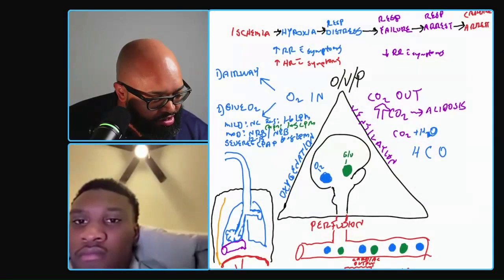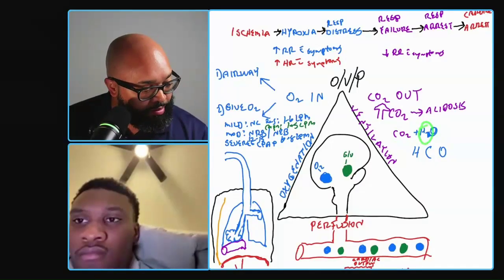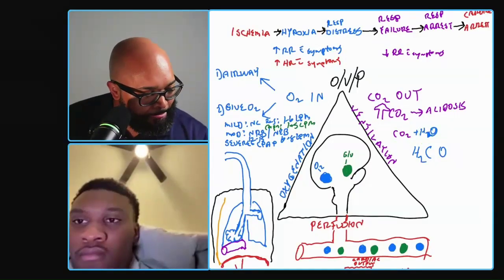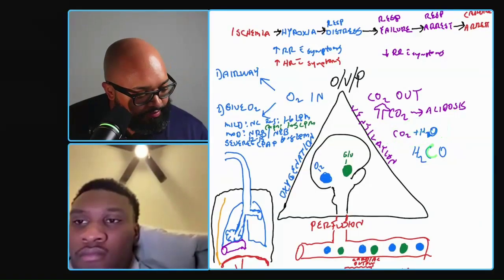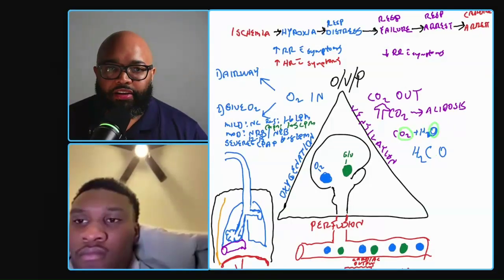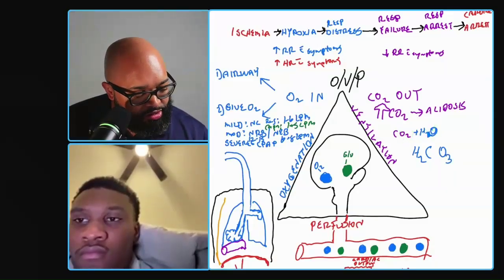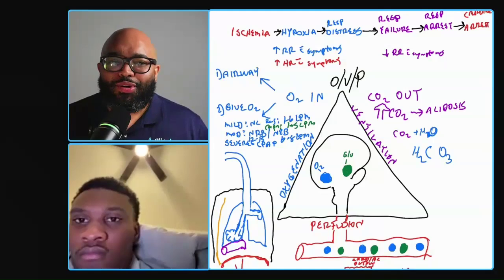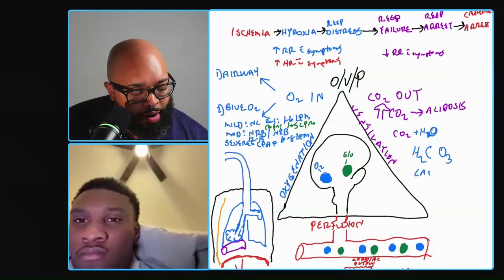How many hydrogens do I end up with when I put these two things together? Oh, well, there are two of them, so let's put two. How many carbons do I have? Right here, there's a carbon. How many oxygens do I have? Well, I got two here and one there. If I add that together, that's 2 plus 1. And how many is that? That's 3. Wait a minute. H2CO3, what's that called? Oh, that's called carbonic acid.